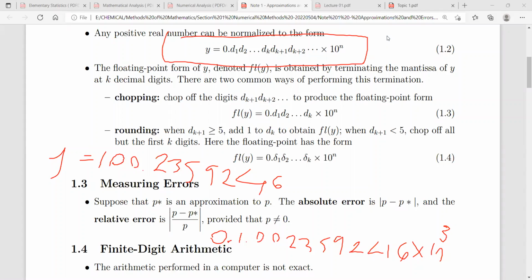The first way is chopping. Chopping means we directly cut off the last digits. We cut off a set of last digits. Let's say we do 6-digit chopping. 6-digit chopping means we directly cut off after the 6th digit, and we write y equals 0.1